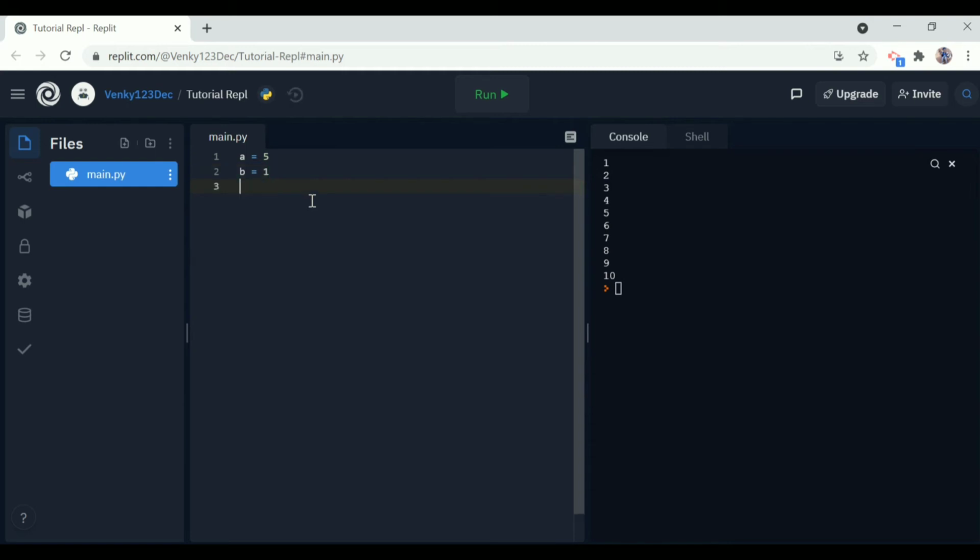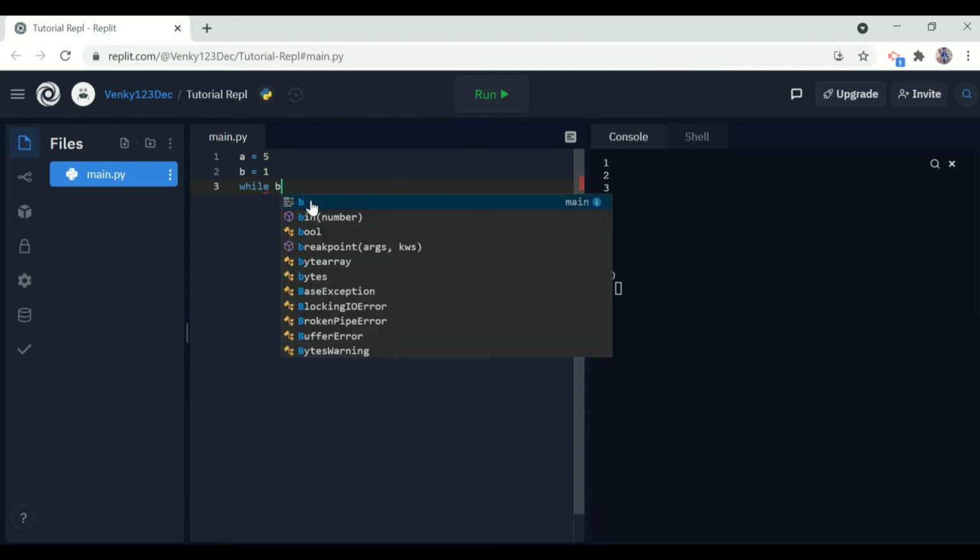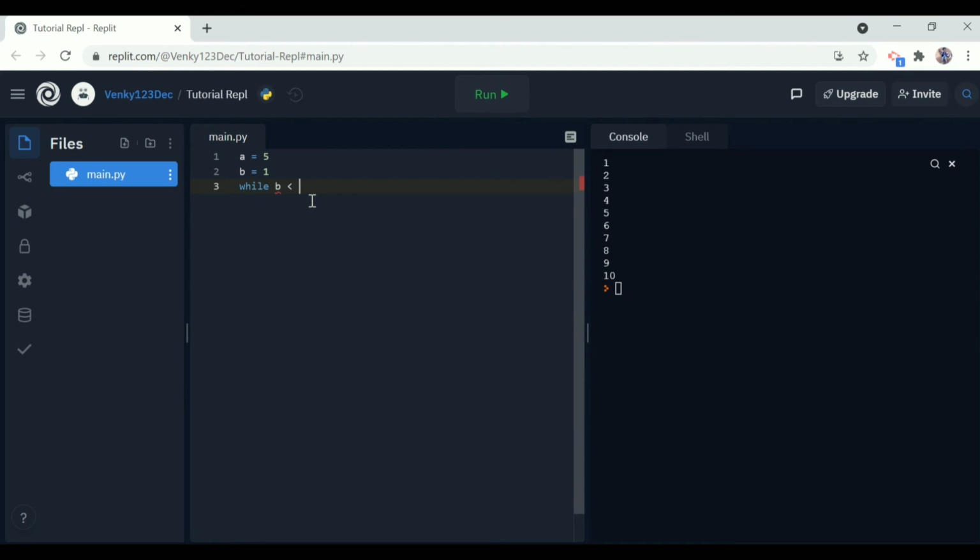I want to go till 10 times, so I want to print till 5 times 10. So while, here we are dealing with the b variable because we will be incrementing b. We will always be doing a into b. So while b is lesser than 11,